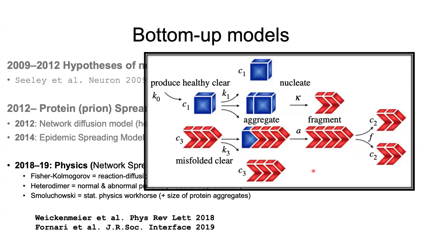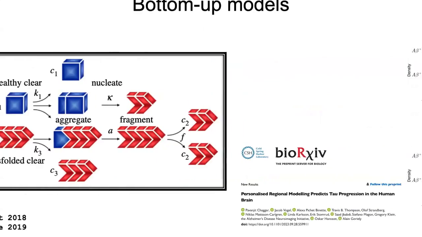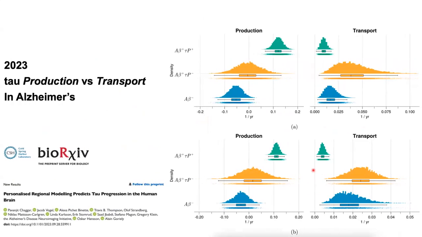They give us clues, at least on this level, until the imaging or other measurements get even better and we can actually measure these parameters. These models are pretty good for what they are now. For example, coming out of Alan Gorielli's lab at Oxford, in collaboration with the BioFinder study in Sweden, here's a